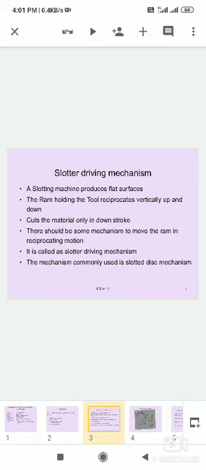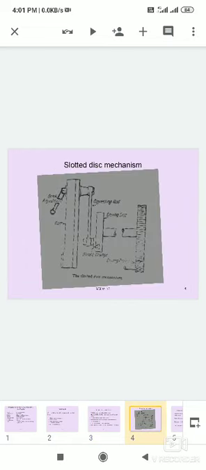On the top of the bed, guideways are accurately finished on which the saddle is mounted. The column is a vertical structure, and it is mounted on the base. It houses the driving mechanism of the ram and the feeding mechanism. The front face of the column is finished accurately to form guideways on which the ram reciprocates. And it has a saddle. It is mounted on the base and can be moved longitudinally on the guideways.